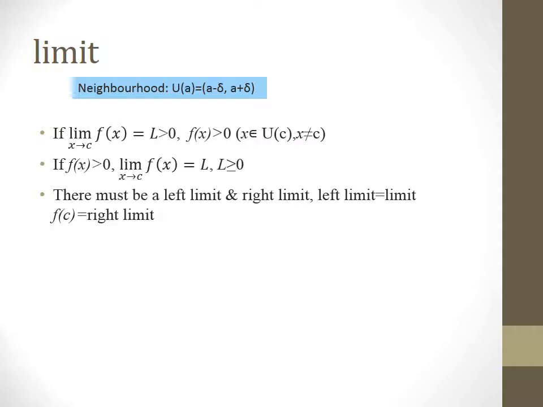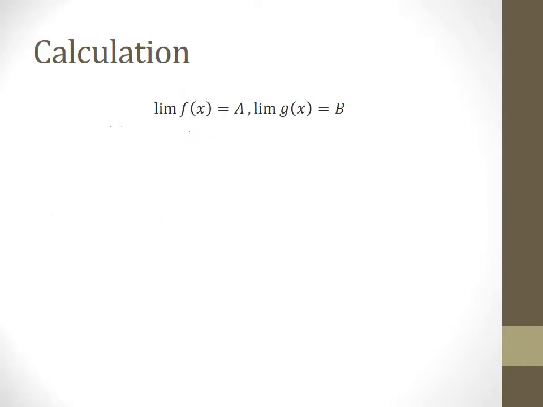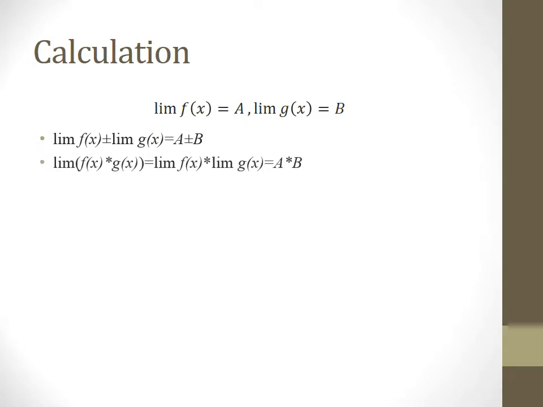Now, let's talk about the calculation of limits. We assume that the limit of f(x) equals a and the limit of g(x) equals b. First, the limit of f(x) plus or minus g(x) equals a plus or minus b. Second, the limit of f(x) times g(x) equals the limit of f(x) times the limit of g(x),